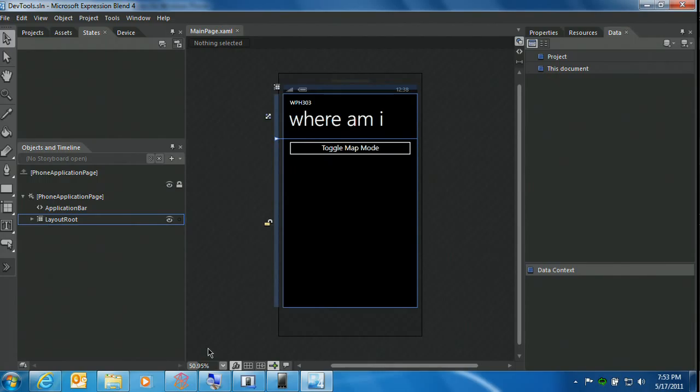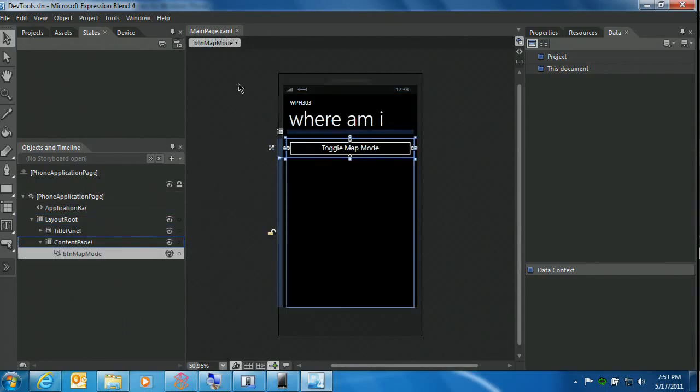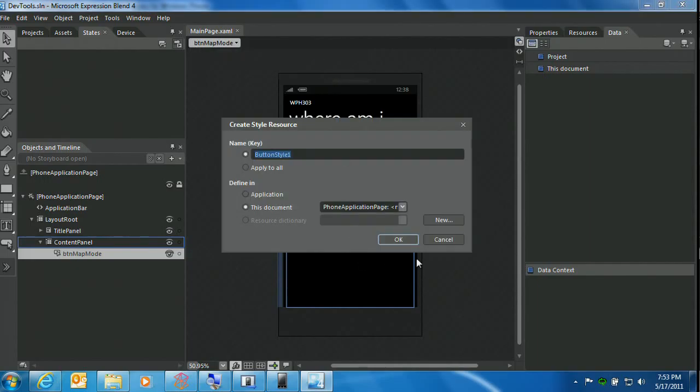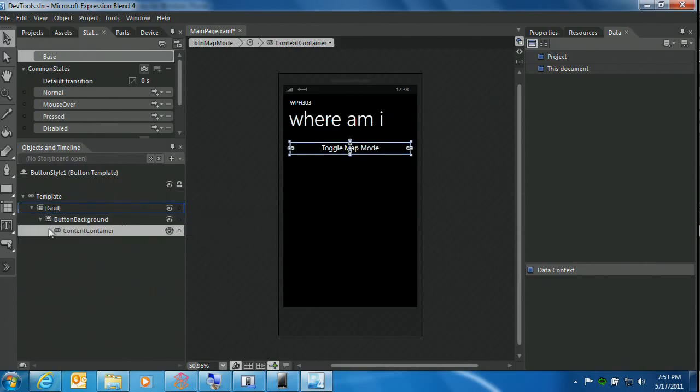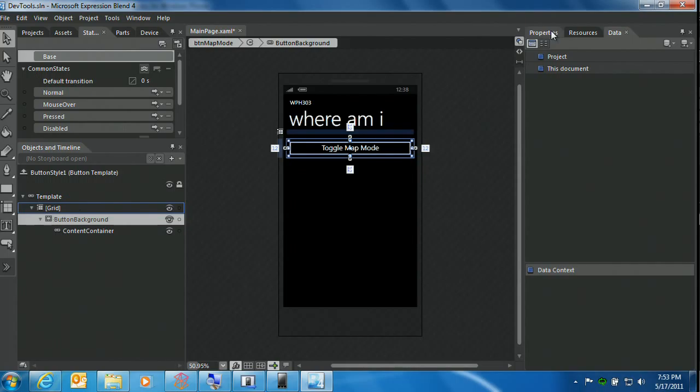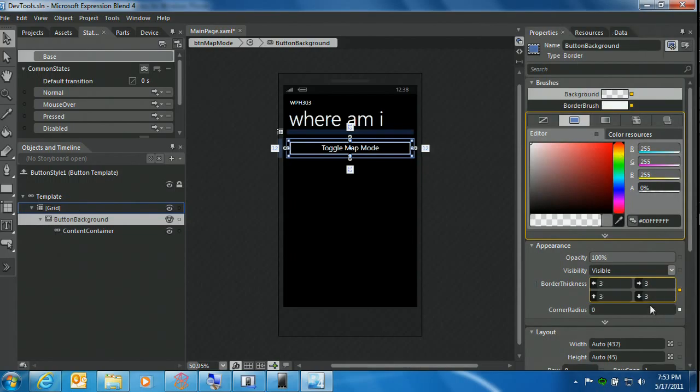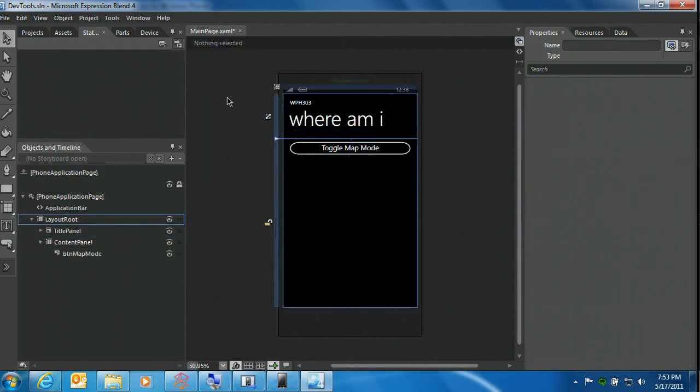I like a little bit more circles there, a little bit of round shapes. For instance, for buttons. Well, I can do that very, very easy actually, by just selecting my button and edit a copy of the template for a button. So I'm going to create a new style here, and on that new style, what I'm going to do is simply change something on the button background. I'm going to modify that corner radius here, maybe add 30 there, and what you will see right now is that, hey, that button, it's still a fully functional button. Still, if you select it, it will reverse and stuff like that, but it shows a little bit friendlier for